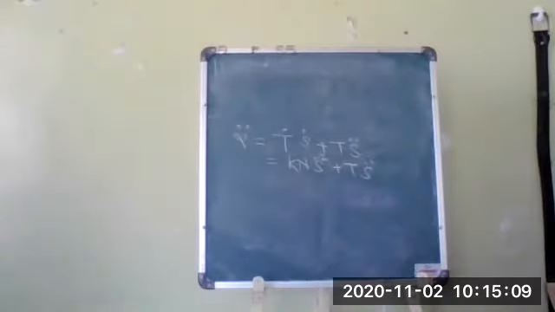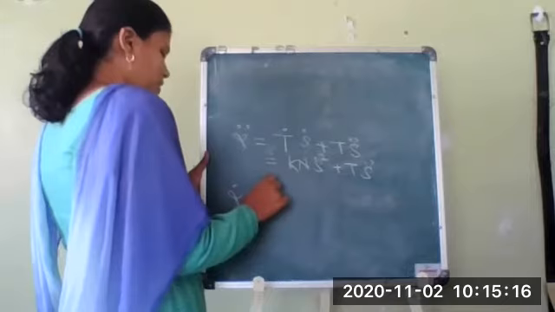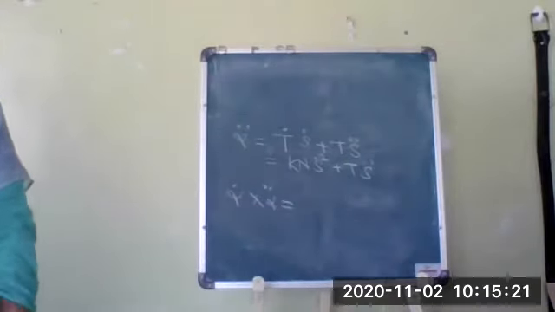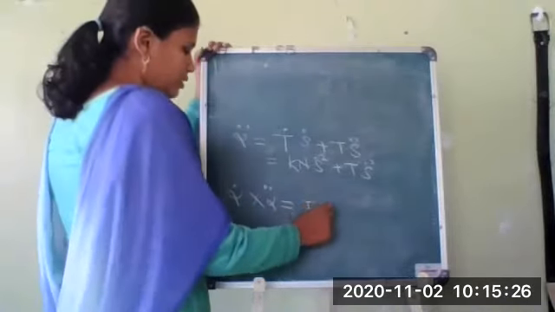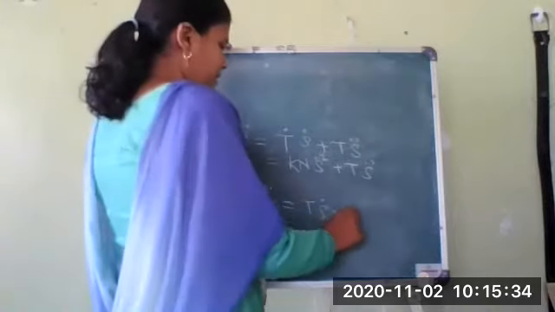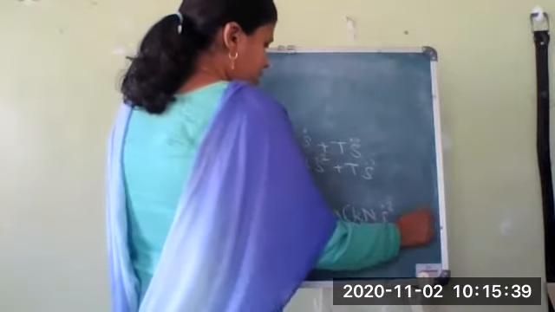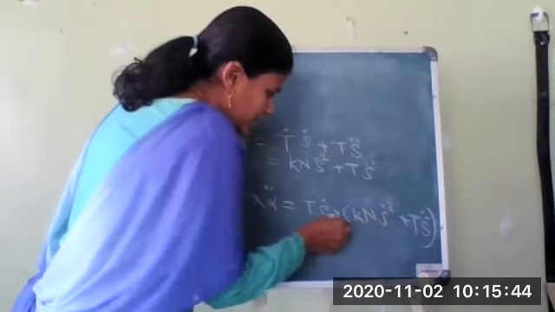Right? So we have obtained alpha double dot. Now we have to obtain alpha dot cross alpha double dot. What will be the cross product of this? I will write down: alpha dot is t into s dot. We have obtained alpha dot is t into s dot, so cross product with whatever result we obtained, k into n into s dot square plus t into s double dot. Now what will be the cross product of t with n?